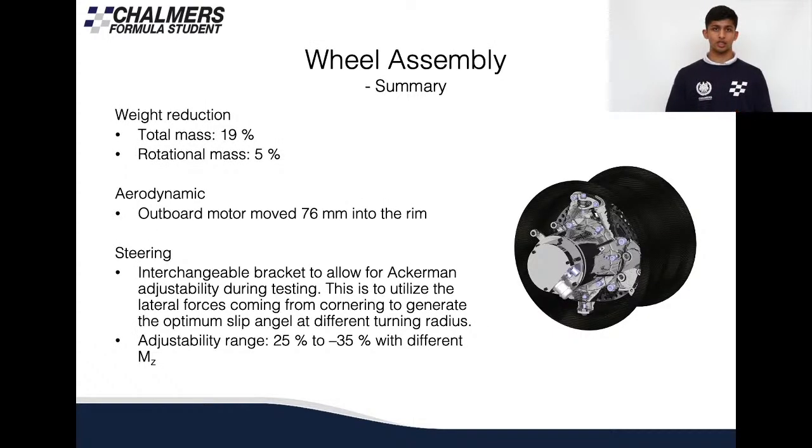Now on the big picture, the wheel assembly subgroup has managed to achieve the following statistics. There's a weight reduction of 19% and there's a 5% decrease in rotational mass. The outboard motors have been moved into the rim by 76 millimeters, and the steering bracket, which is mounted onto the uprights, has an adjustability range of 25% anti-Ackerman to 35% anti-Ackerman. This gives us more adjustability during testing and to find the right suspension setup to help us go faster on